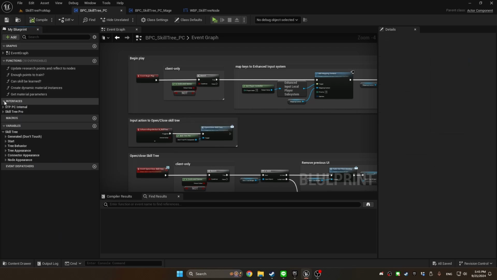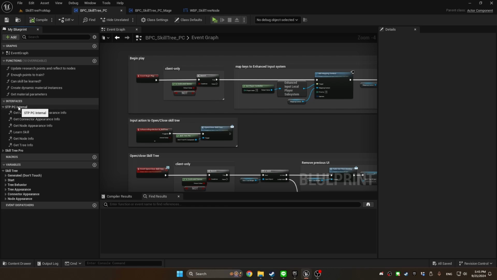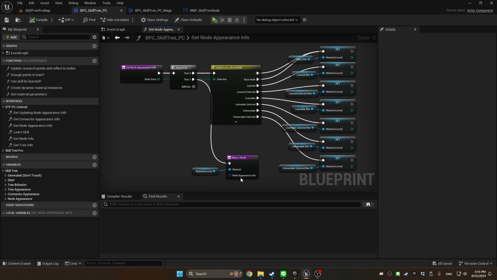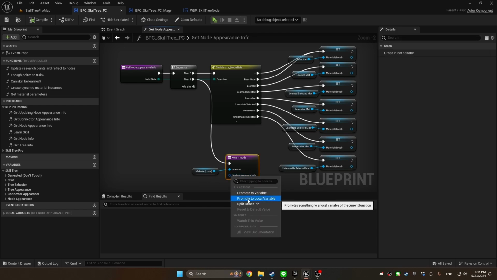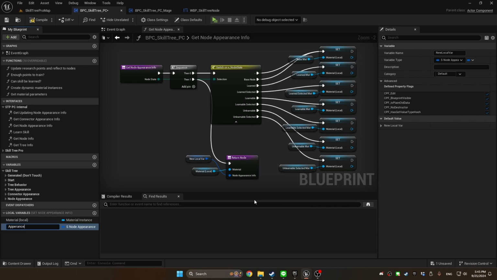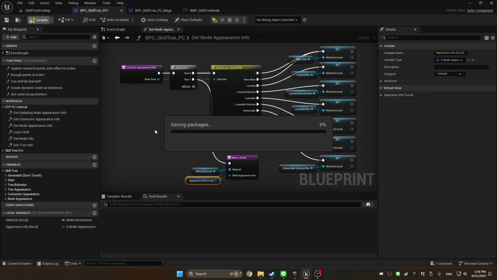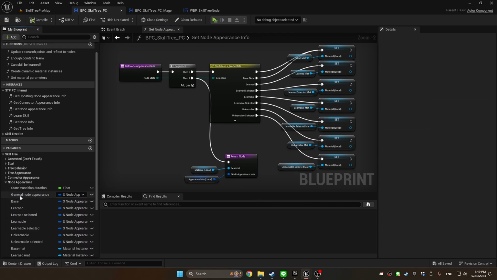And now under the interfaces, under the internal, we're going to open up get node appearance info. And we're going to output this new appearance info that we just created. So we can promote this to a local variable. Compile. So now the reason that we created a general node appearance here is so that when we want to